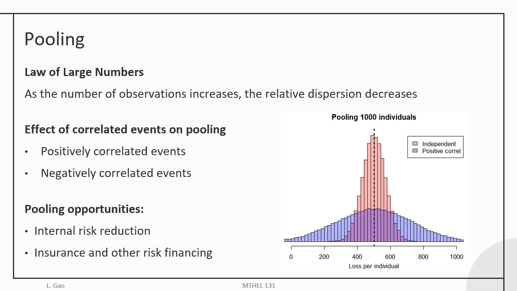As far as pooling opportunities go, we can also think about compensation in liability, right? Oftentimes, actually, the courts might hold a party liable if they are the ones that can better pool the observations than the individuals being affected, right? For example, that's one reason why strict liability is allowed, right? The feeling is that the manufacturer should have been able to better pool all of the observations of the people buying the product and the accidents that might occur and better predict, better anticipate what will happen than any individual person just buying the product,